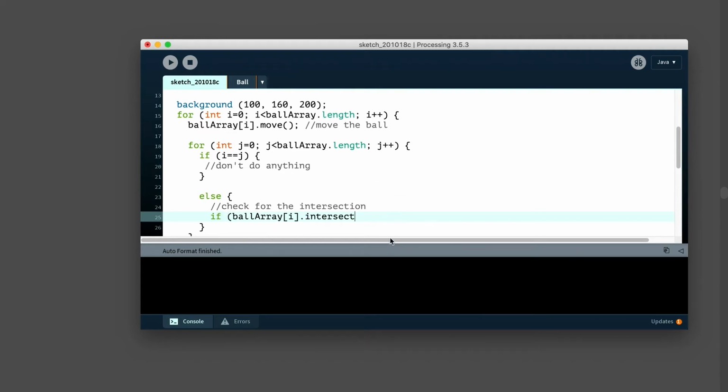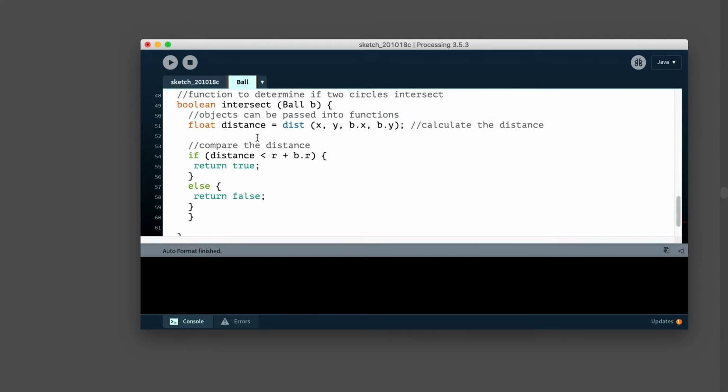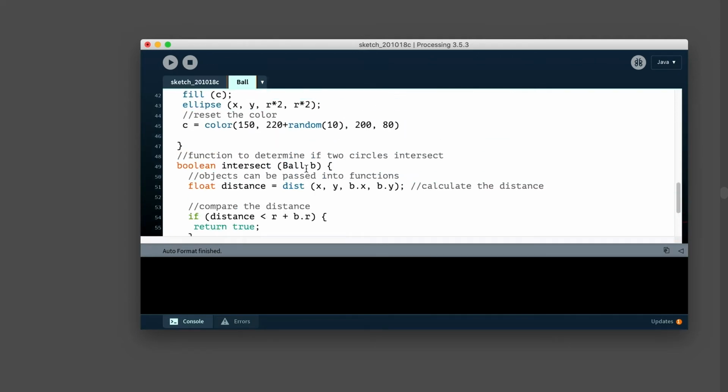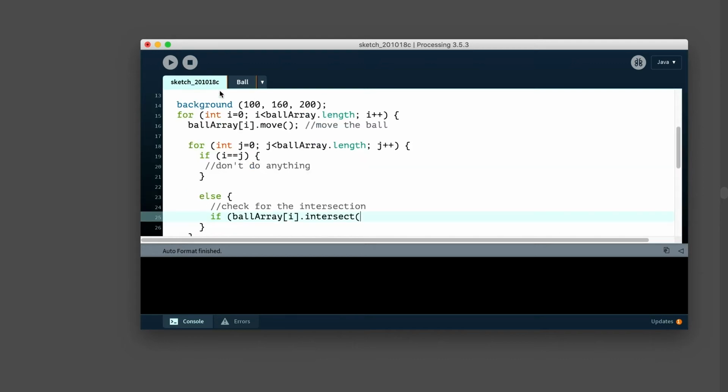That's what will be returned to us. So we're intersecting, and this function takes an object as an argument, ball B. So what we can do is take ball array index of j. So again, we're comparing it to all the other ones. Okay, let me just make sure that closes there. Close this if statement out there.